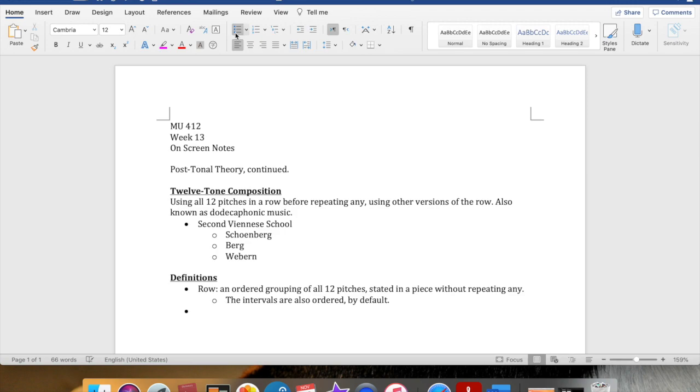We will use the term prime, the first and dominant version of the row in a piece. We usually will label the first row that we encounter a prime row and say that it's a clear and relatively easy to follow version of the row that happens in a piece of music, and so that's why we call it prime.